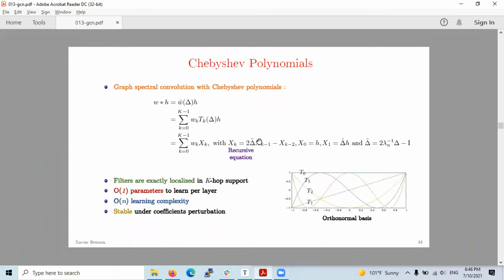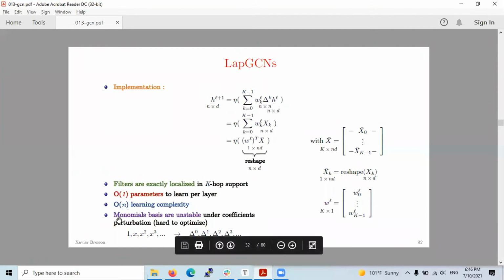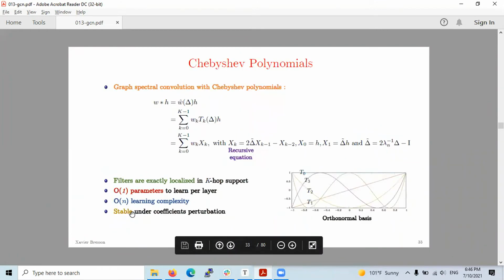But now he's using, yeah, they were monomials. I mean, they were monomial functions. But now, with an improvement of choosing another kind of recursive function, it should be a polynomial of the Chebyshev kind. Again, this is coming from the signal processing world, wherein you can generate orthogonal functions. But here we are generating polynomials.